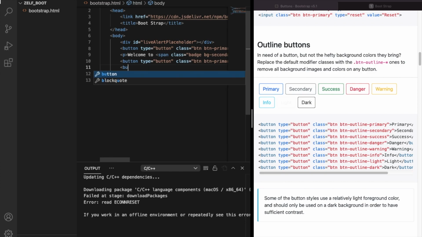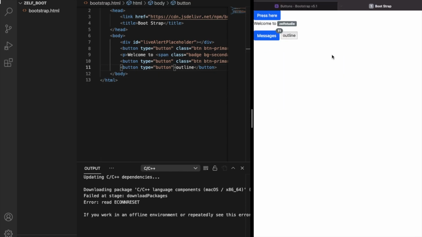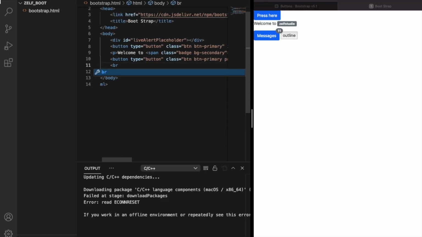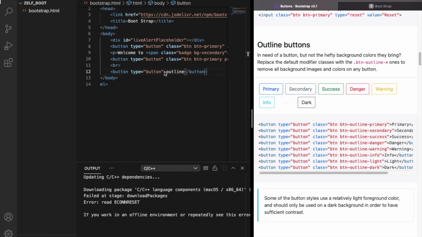So let me create a button. I'll name this button as outline. So this is a button. Type, what's the type? Button. Fine. So what it will be looking like, let me break the statement over here. Okay, fine. This is something like this, and let me create a class